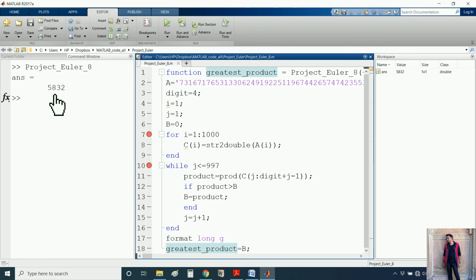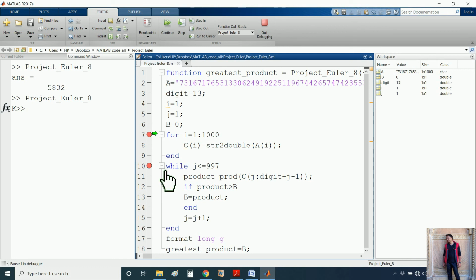Okay, so similarly you can check for 13. Instead of putting 4 here, I will put 13. I will save this, I will run this, I will click here, click run to the cursor, so we will run, then we will go step by step, so it will check all of the values.